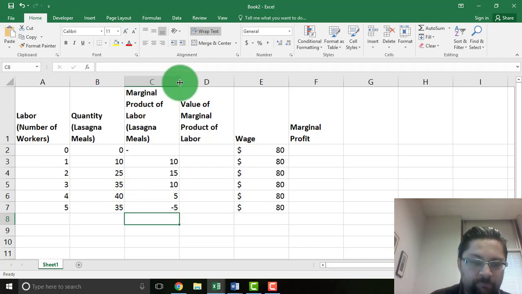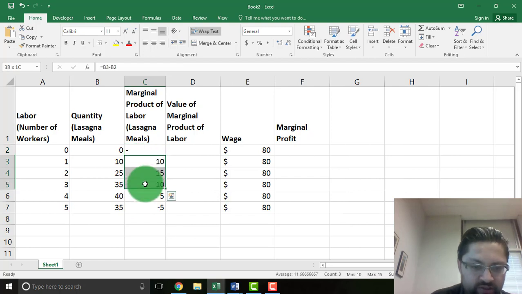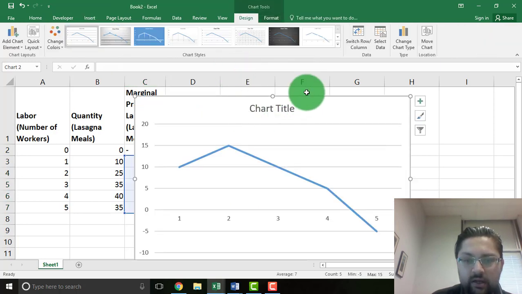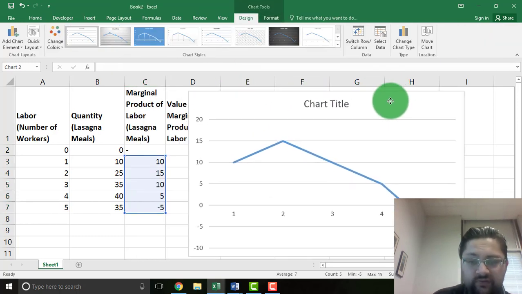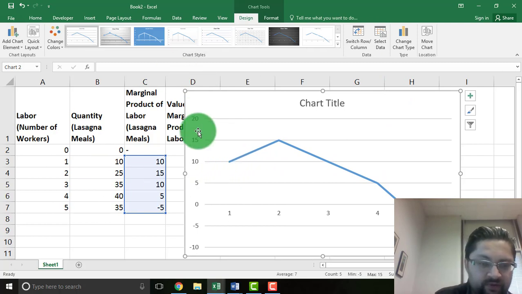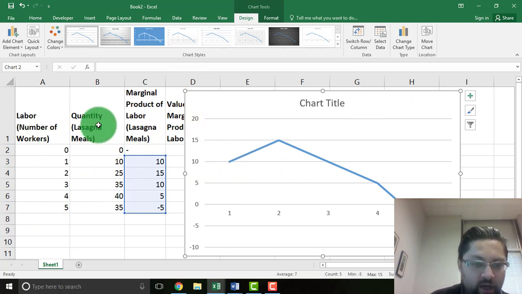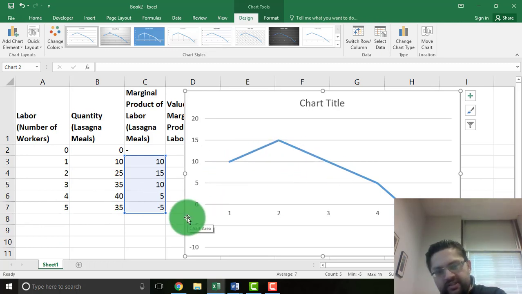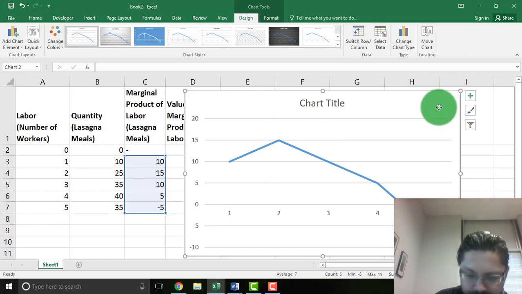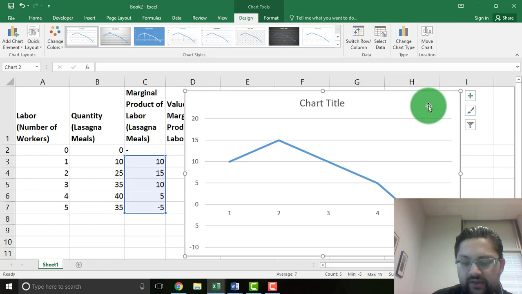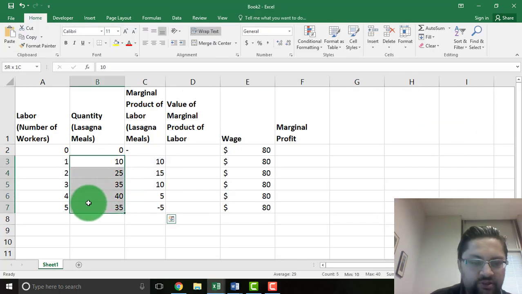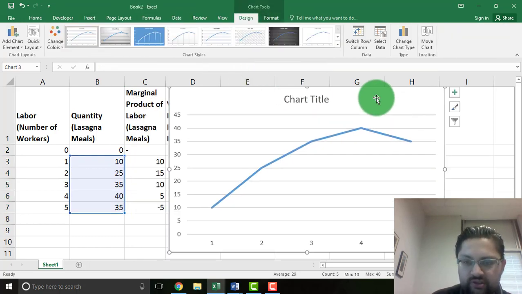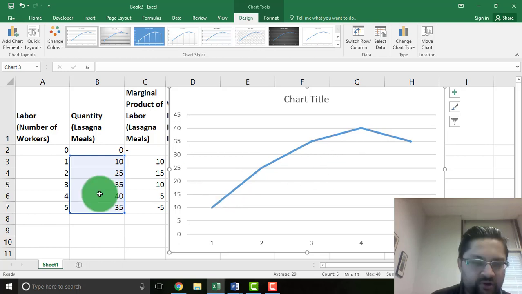As you can see from here, if I were to do a quick line chart, just to show you what it would look like, this is our marginal product of labor. Remember, the production function is a relationship of inputs to outputs. So inputs, workers, to outputs, lasagna, and it typically shows a chart like this, where it goes up for a while and then starts to decrease as you add more employees. On the other hand, we've also got another chart here that you can look at, which is simply the total production. That chart also shows a decrease over time, but it takes longer